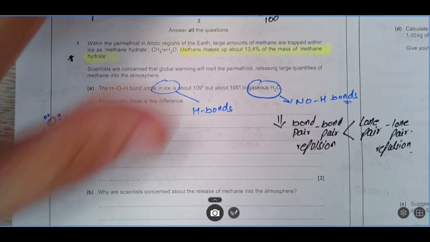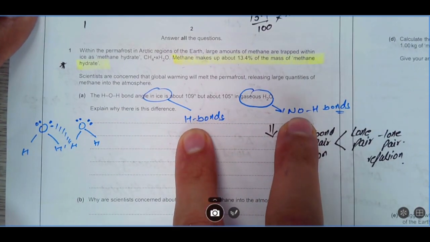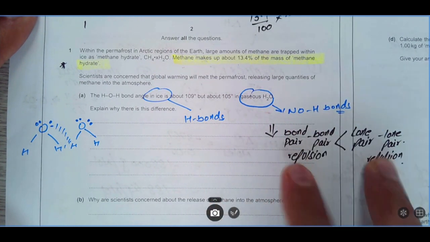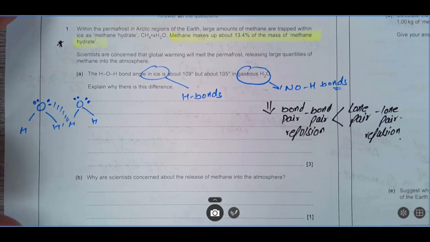I'll be happy with that bit. So you get 1 mark for identifying this, and this 2 marks, and then 3rd mark for this. So just why